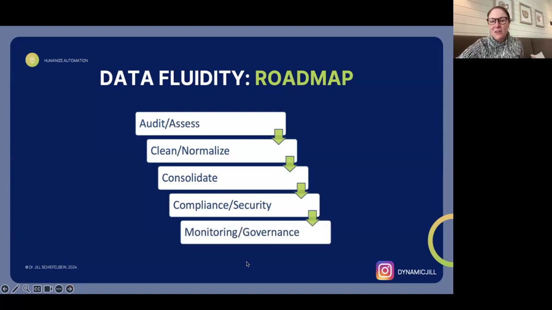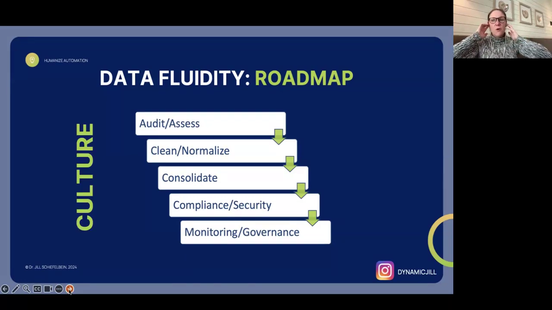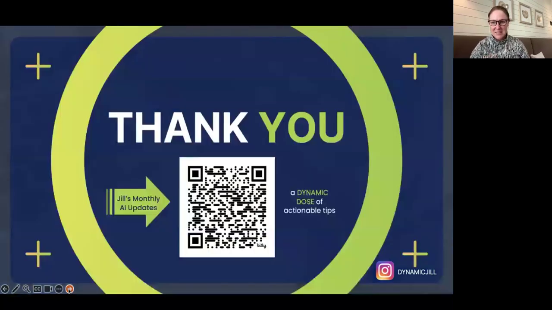Compliance and security and governance are also important, right? And that's for a higher corporate level. If you're on here, especially if you're in finance, you really need to understand that. But the big thing is, if it's just you and your business, you can maintain this on your own. If you're working for a bigger team and relying on other people to put in data, you need to make this part of your culture, so that when you have your data in order, you can take advantage of these automations that provide better experiences for your customers. And at the end of the day, if we can provide better experiences for customers, it gives us tons and tons of benefits and residuals in our own businesses.